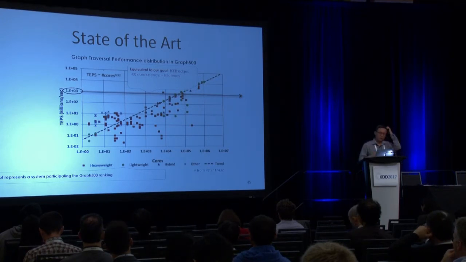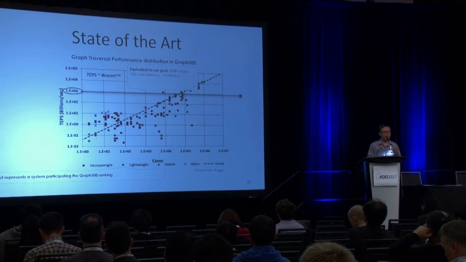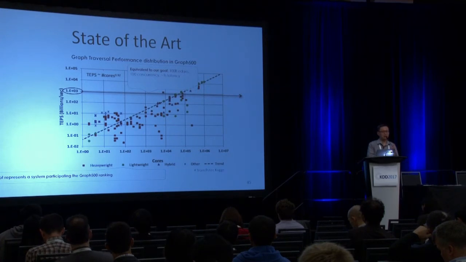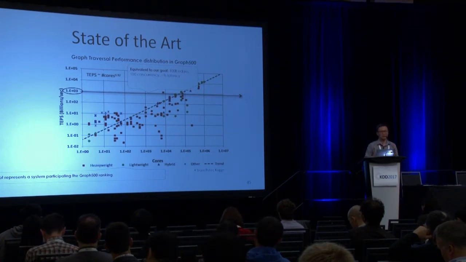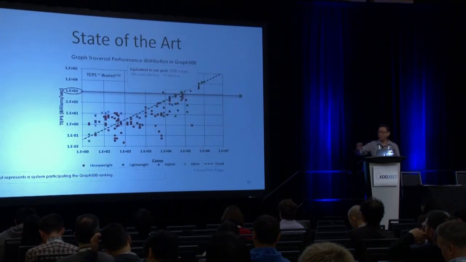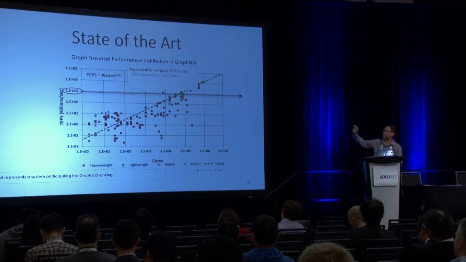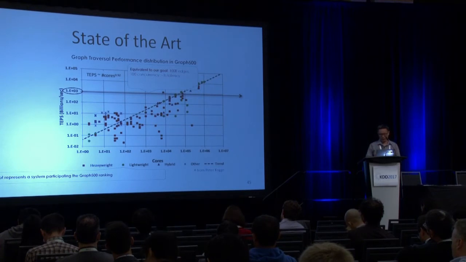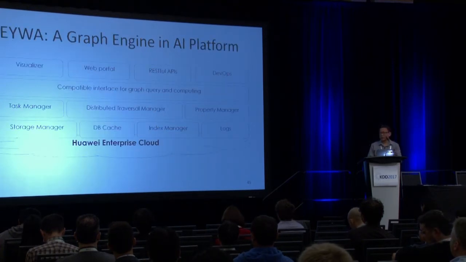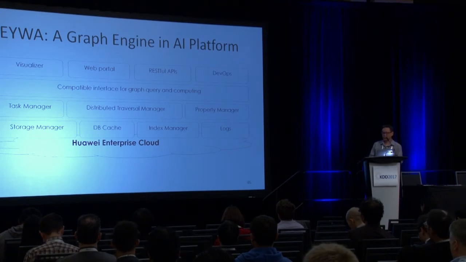So when we joined Huawei, one thing we were thinking about is: can we build a graph engine that uses commercial servers? We don't use any supercomputing facilities, and then we can achieve good performance. That's our design goal. Okay. So essentially, we try to target the red arrow line at that level, using as few resources as possible. So this is the architecture of the graph engine we built, and it is built on the